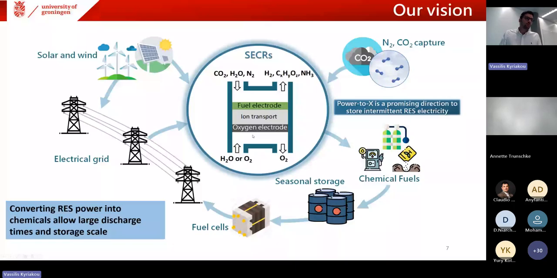My group, besides the solid oxides that I'm focusing on today, is also working on alkaline electrolyzers. The solid oxides are a particularly interesting system at high temperature, because besides the traditional oxide ion conductors that I'm going to present, there are also the protonic ceramic systems that can operate at industrially relevant temperature, and this is what we try to do. At the end, what we want to achieve is a device that looks like the one that you see in the middle, that can convert abundant sources like steam or carbon dioxide or nitrogen, with the help of renewable electricity, into chemicals or fuels.